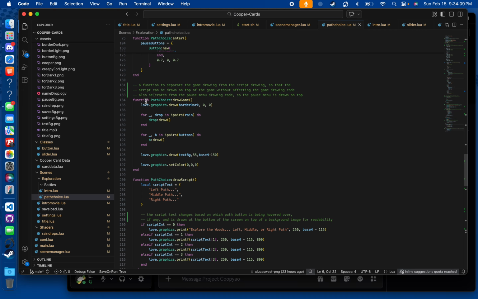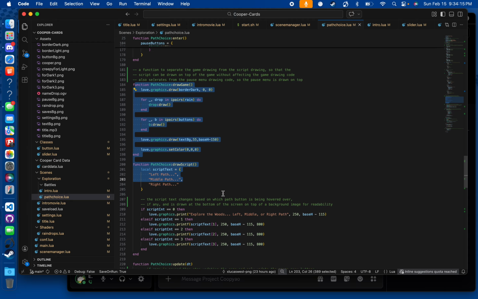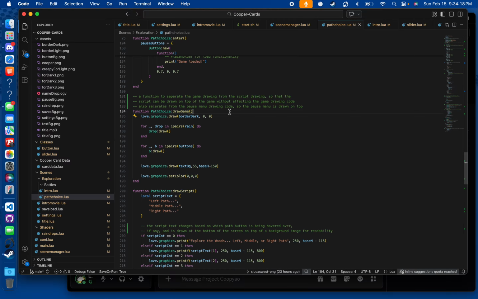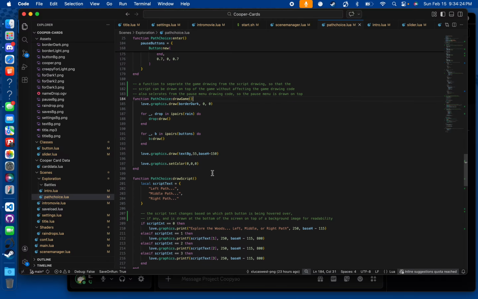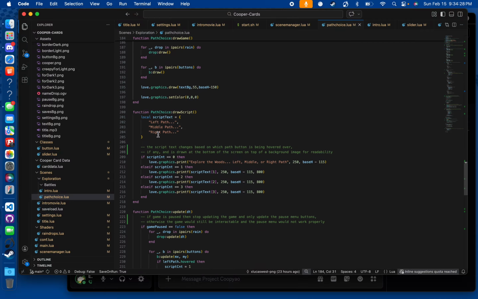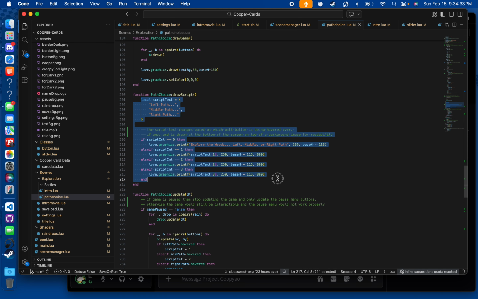Here we are now drawing game and script separately from the normal draw function because it just is a lot easier that way when we have a pause thing and a huge if table. And similarly here we have the script drawing system. So basically